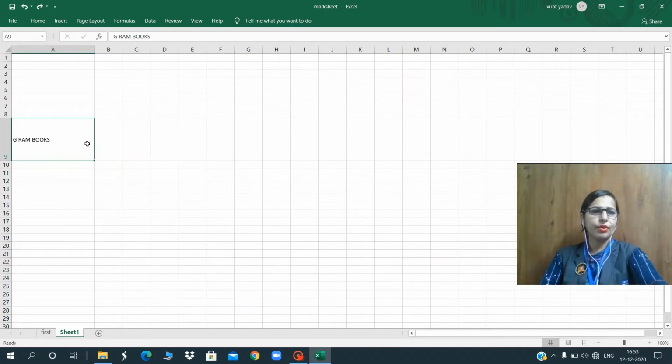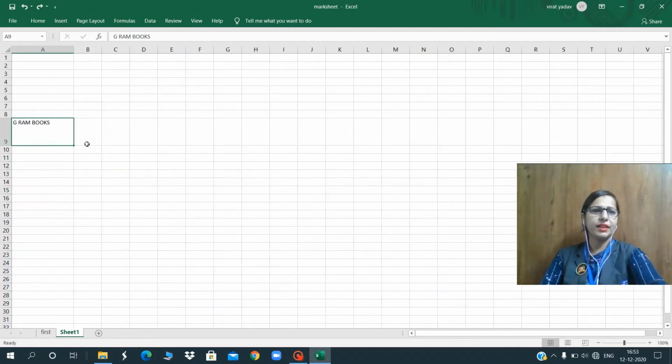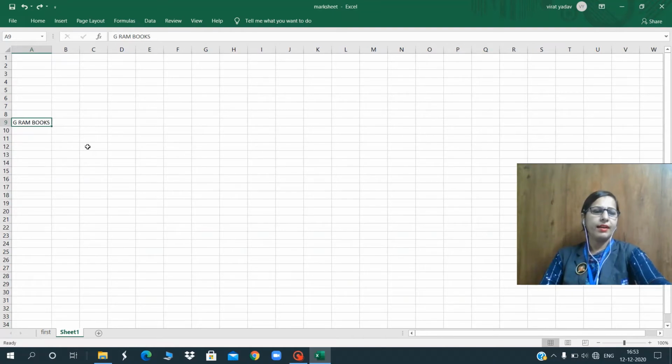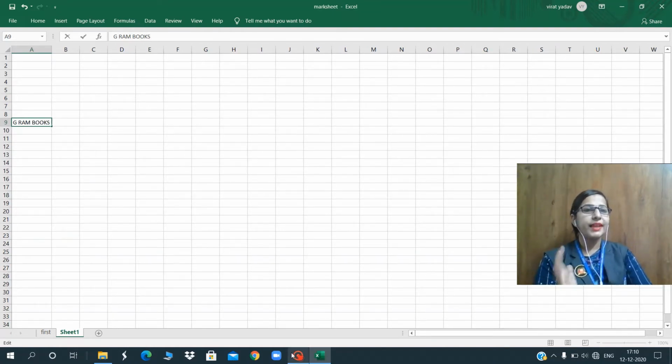Okay, and I'll show you what is the meaning of wrapping text. Wrap text in multiple lines. If text is not visible completely in a cell, it will show in multiple lines if we select the wrap text option. See, here is written GRAM books.